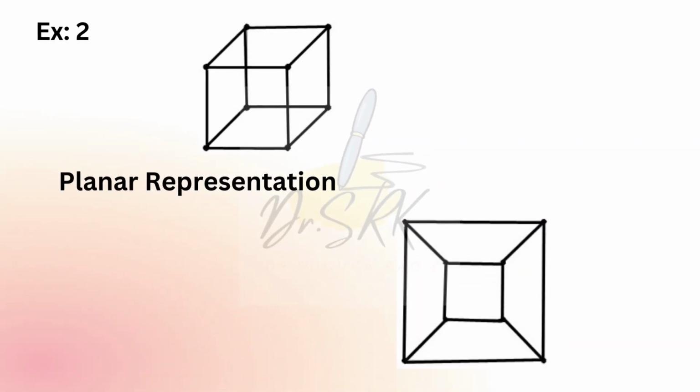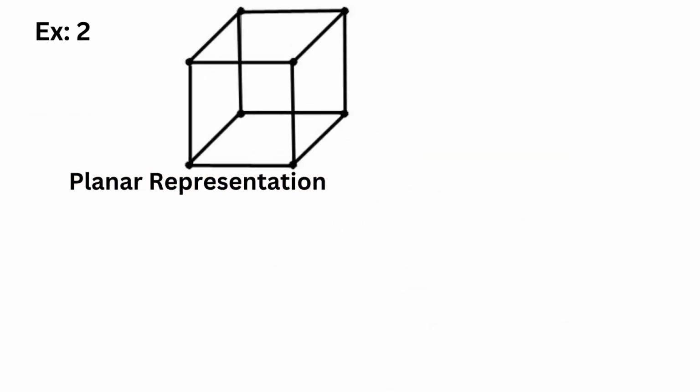Look at the second example here. The first graph is a graph. The planar representation of the first graph is the second graph. The second graph shows that no two of its edges intersect except only at one common point, means only one common vertex. Okay, this is about planar graphs with some examples. Now going to learn